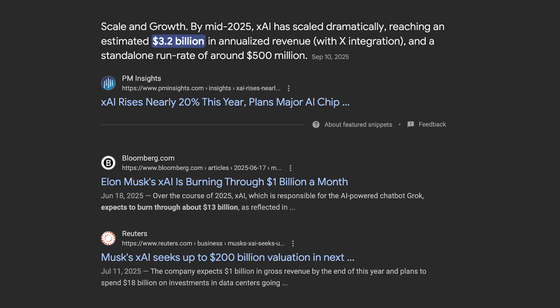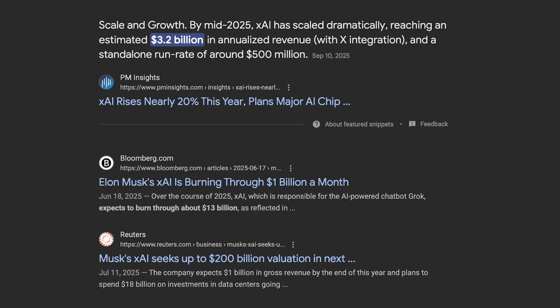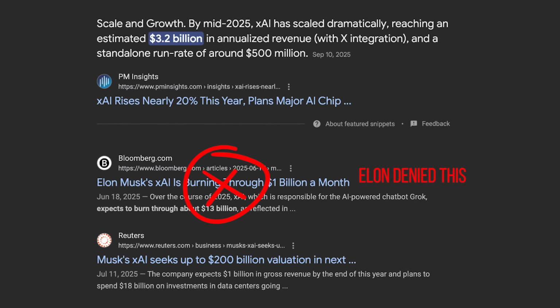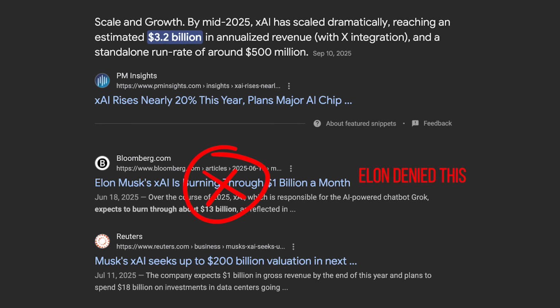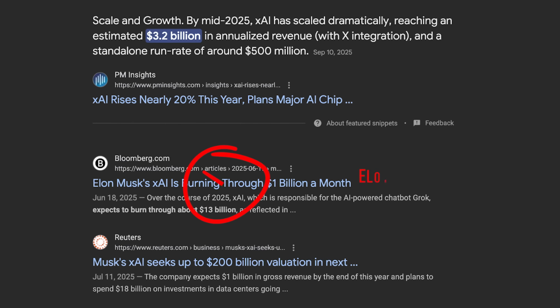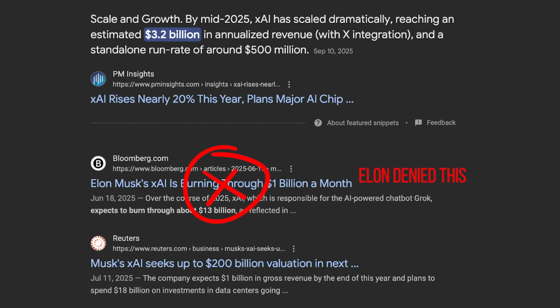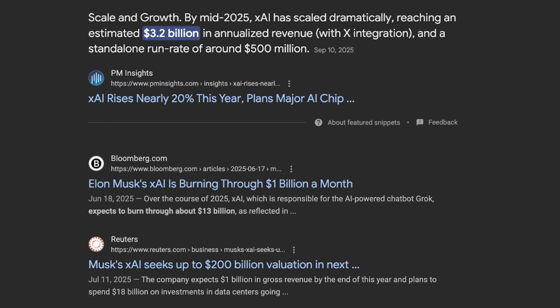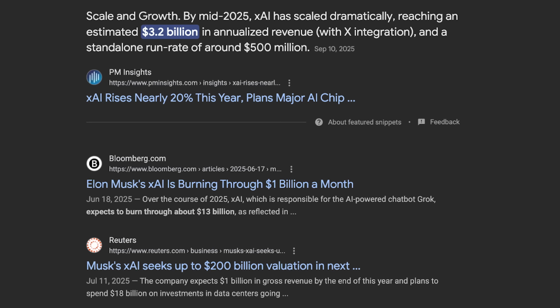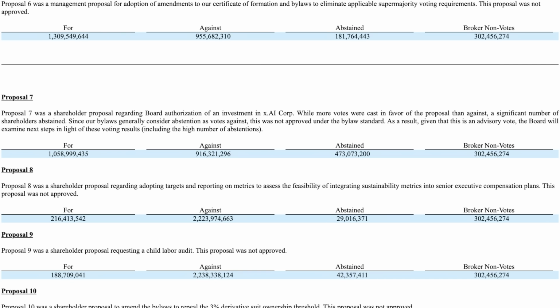If xAI is already valued around $200 billion as of the last funding round, I think it's fair to ask the question how much upside xAI has from here. I mean, right now for 2025, estimates are xAI will only do a few billion dollars in revenue. And just so you know, those estimates are actually combining revenue from xAI and X post-merger. For now, I would still like to see a $5 billion investment into xAI from Tesla, but at this point, anything more than that doesn't make a whole lot of sense to me, especially if Tesla's going to follow through with a terafab.